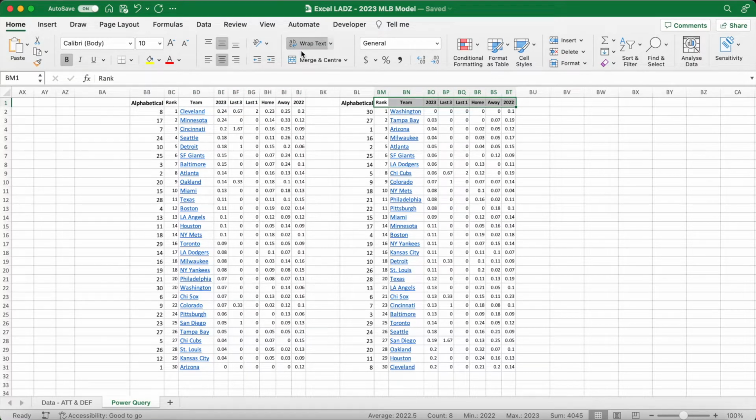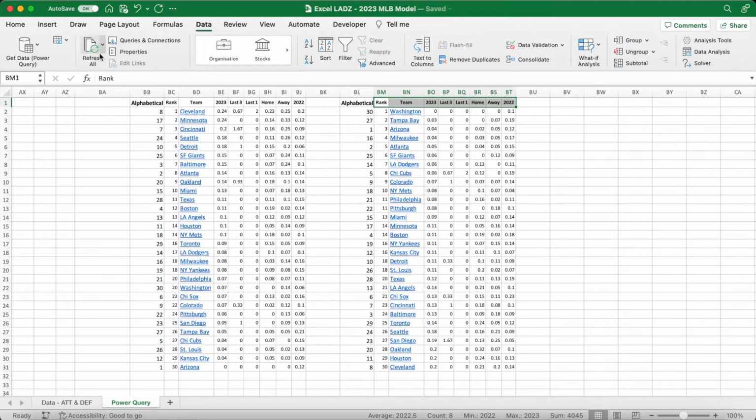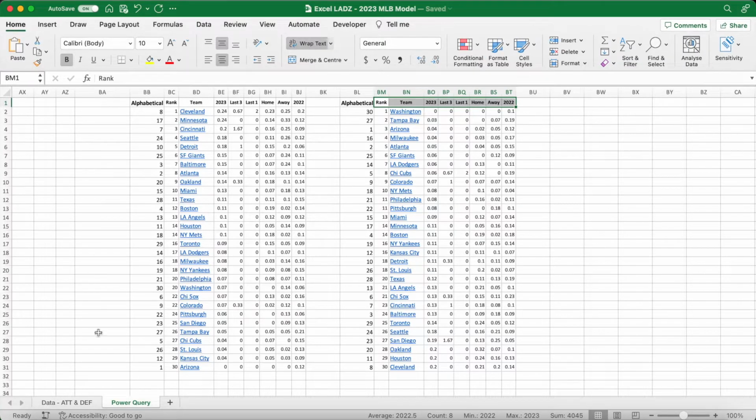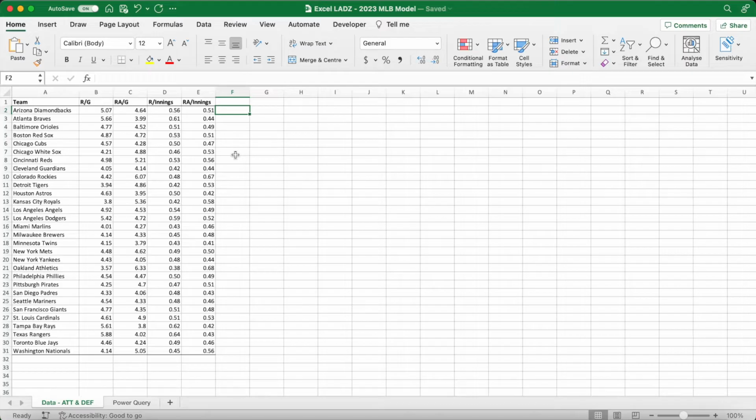I've imported. And to refresh these stats, I can go into the data tab up here and then press refresh all on this icon over here. This will update the data and allow me to predict matches with live and updating stats to ensure maximum accuracy